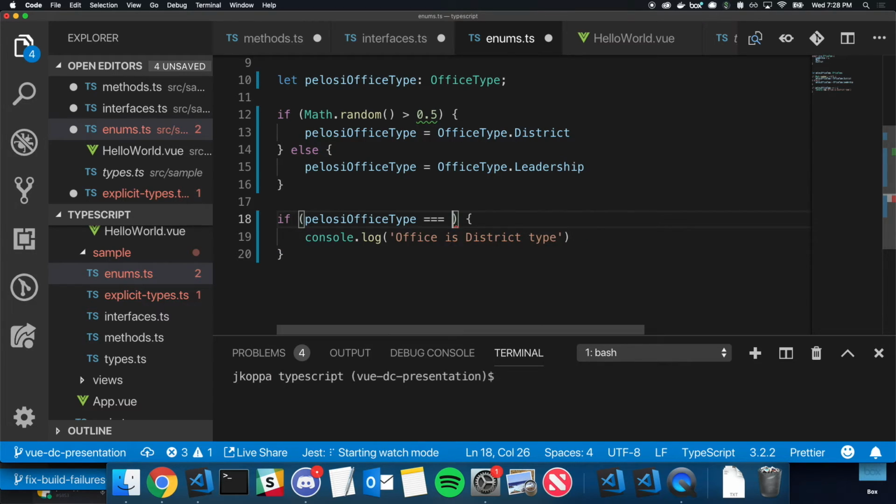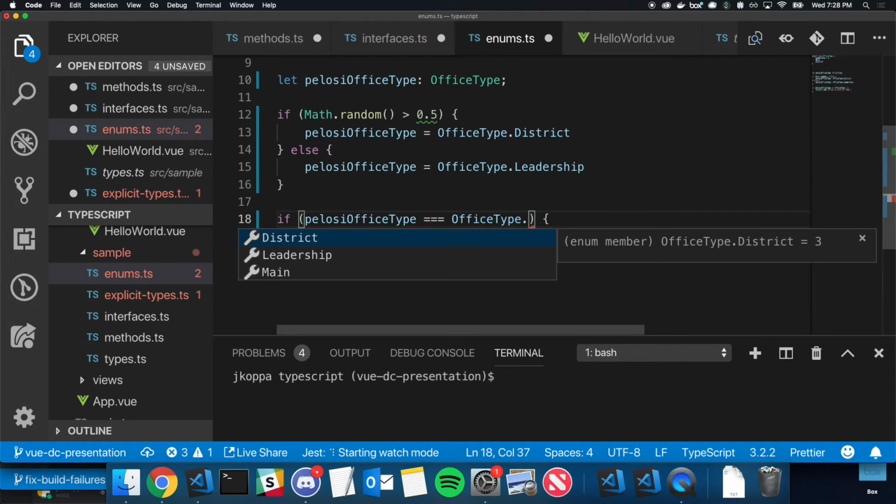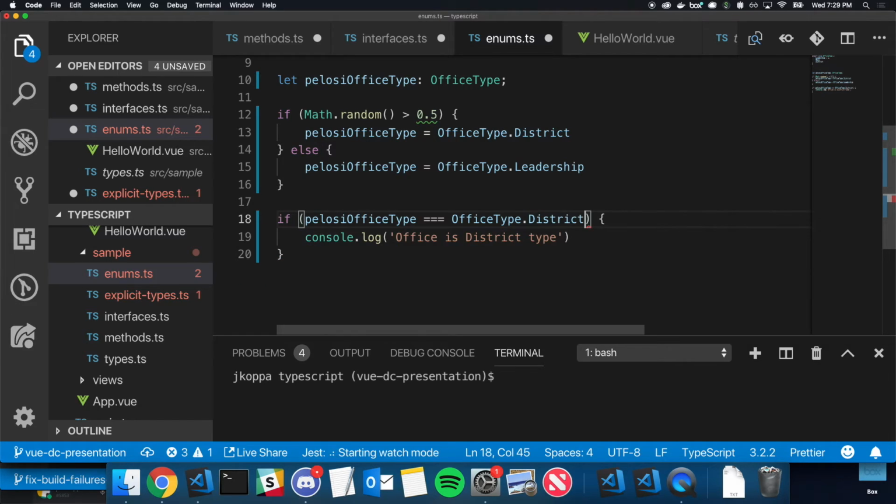So instead, I get my lovely IntelliSense office type, and this is where it's tough to convey how great this type of thing is when you use it over and over and don't have to worry about manually typing out constants. But you can imagine your API response has 7 different types of offices, and you're worried that you're not typing it correctly or you've forgotten which ones are available. Here I just know, okay, it's going to be an office type, and here are the options it's going to be. So then I go ahead and it works just fine.